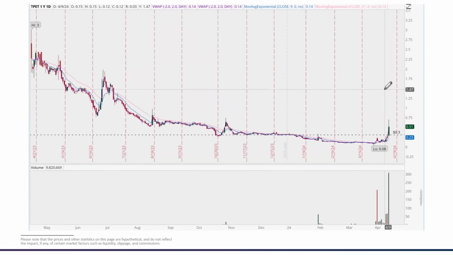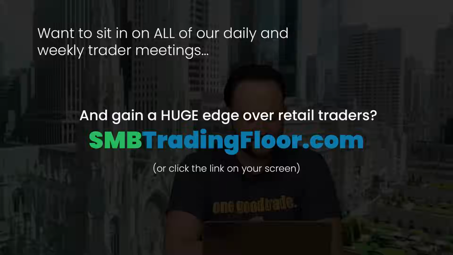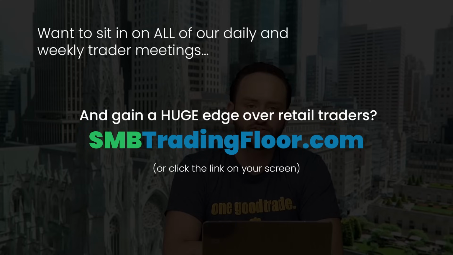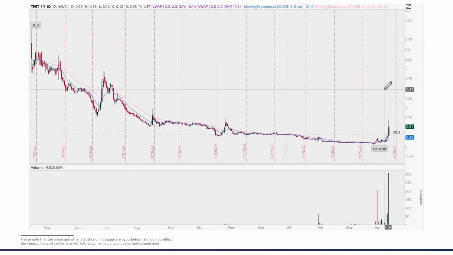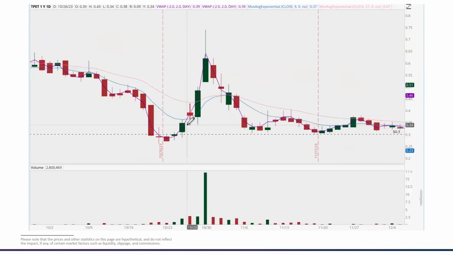So the next trade that we're going to go over is in TPET. As the conflict between Iran and Israel begins to heat up, it's a smart idea to go back and look at what stocks you traded when that conflict all started in the Middle East between Israel and Hamas. And I could see that TPET was one of those stocks that I traded back in October as Israel was gearing up to retaliate. And you could see in October, it had a pretty nice move from 30 cents up